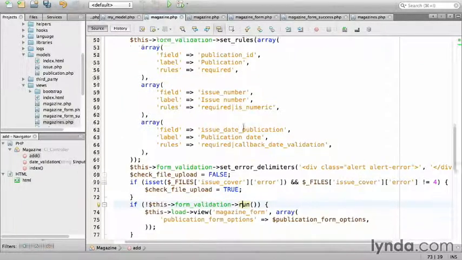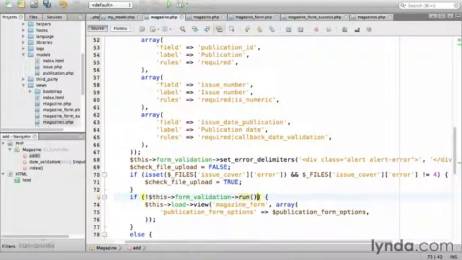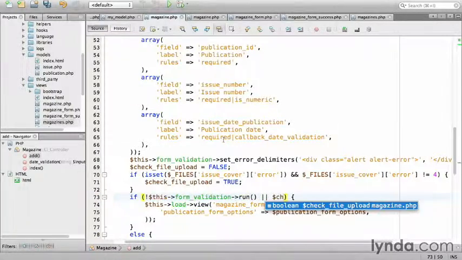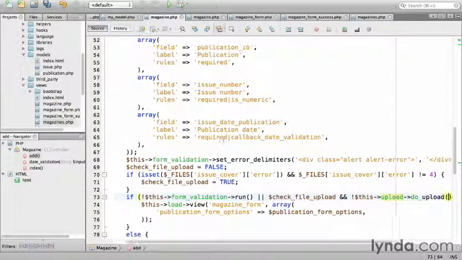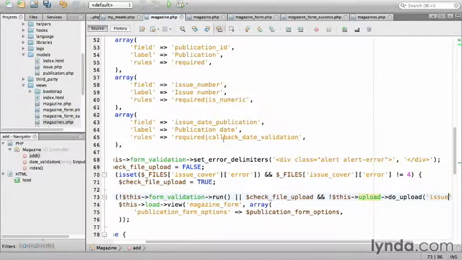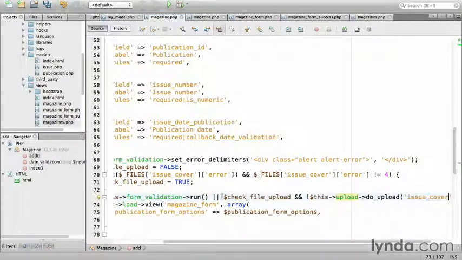Then we'll change the if on the validation run. If the form validation fails, or check_file_upload and not this->upload->do_upload using the key issue_cover, we'll wrap this whole section in parentheses